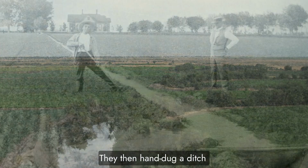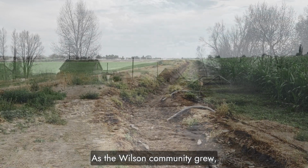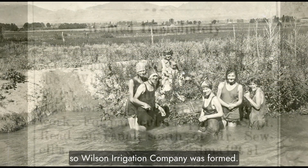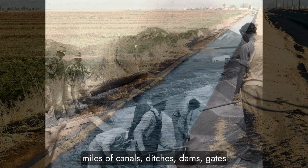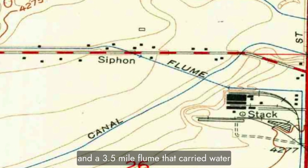They then hand-dug a ditch from the Weber River near 24th Street to bring water to their crops. As the Wilson community grew, water was liquid gold, so Wilson Irrigation Company was formed. Members were responsible for maintaining miles of canals, ditches, dams, gates, and a 3.5-mile flume that carried water over a